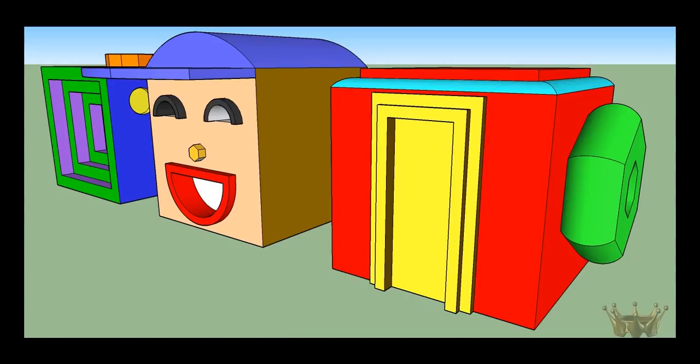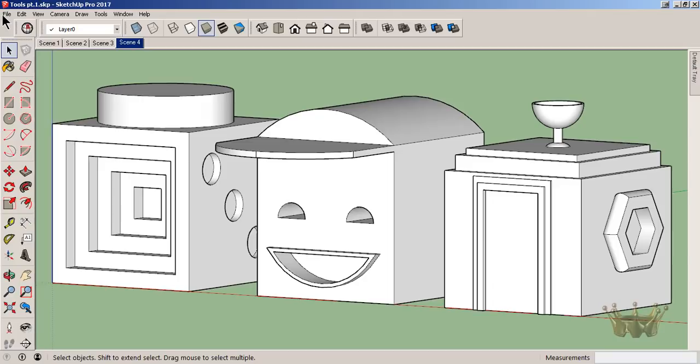In this next video, we will create the following 3 customized blocks using additional tools and some advanced features of the tools we've already covered. Each of the blocks are made for a 10 by 10 by 10 block and customized as such. Let's start by creating a new file,